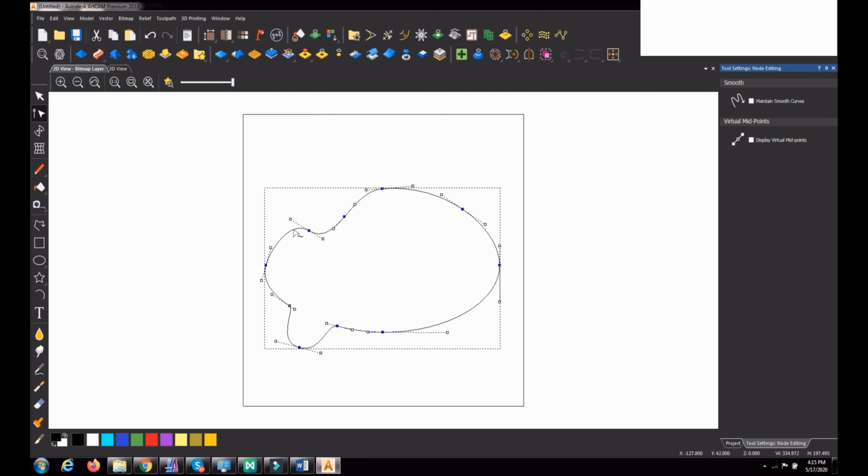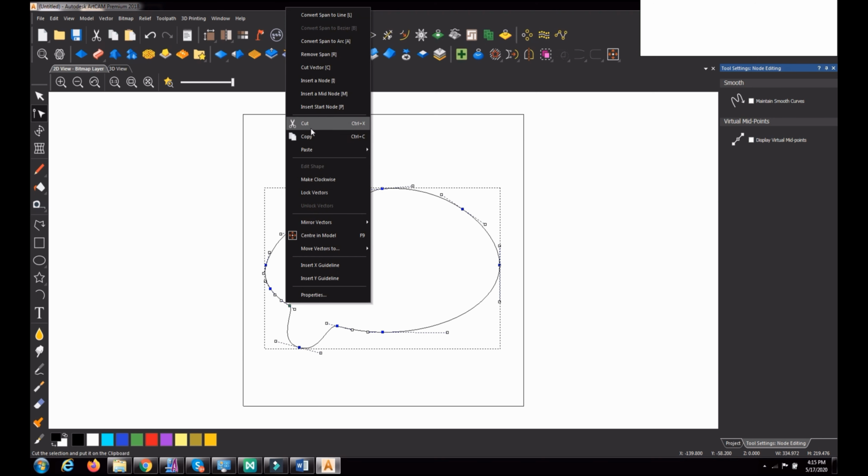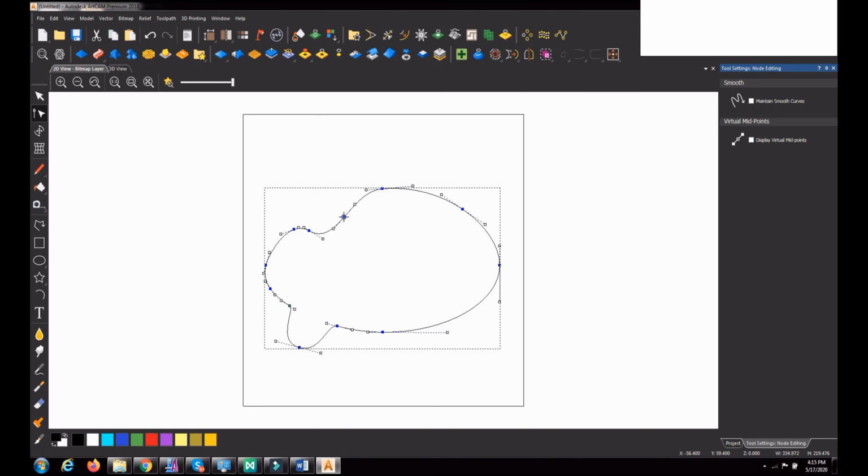You select an object, select a node, keep the mouse on that node, and then press P. It becomes the start point of that polyline.